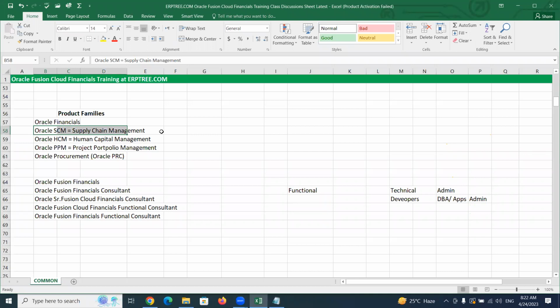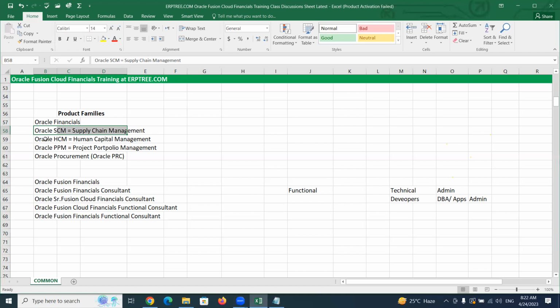You can maintain your company's supply chain management related data, like what you are selling to your customers, what is the stock you have in your inventory. Supply chain management is all about managing how material is supplied to the customer. Those areas of business data you can maintain by using Oracle SCM applications.